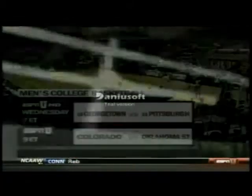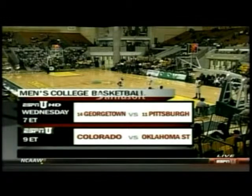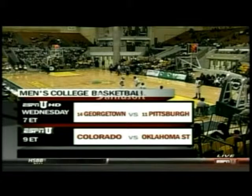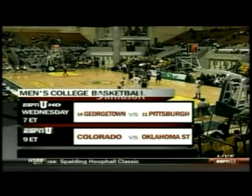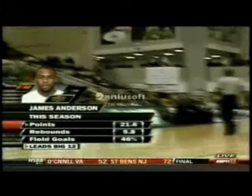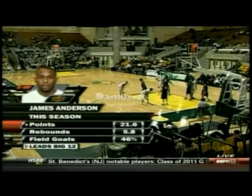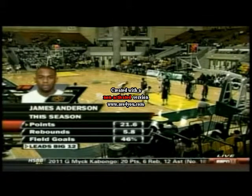Howard University 61-48. Don't forget, men's college basketball continues Wednesday night at 7 Eastern. Greg Monroe, the Hoyas of Georgetown, in a Big East matchup against the 11th rated Pitt Panthers. Then at 9 Eastern, the Buffaloes of Colorado face the Cowboys of Oklahoma State. It's men's college basketball on ESPNU and ESPNU HD. More information, log on to ESPNU.com. And of James Anderson of Oklahoma State so far this season, he leads the Big 12 in scoring 21.6